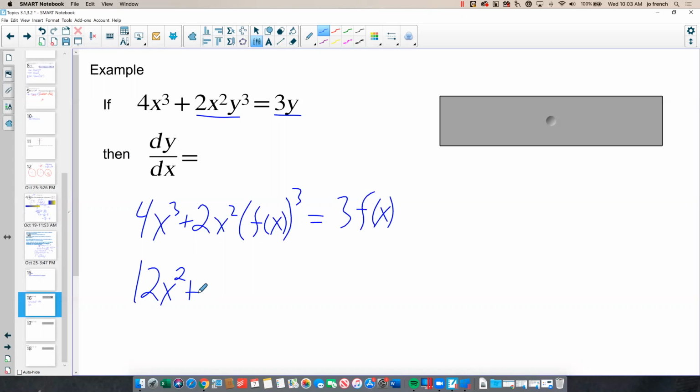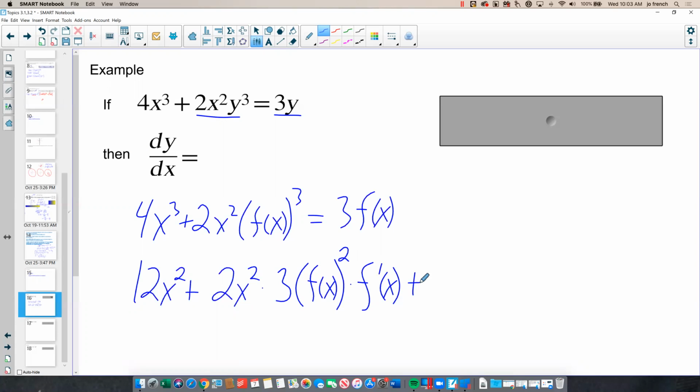So I'll take my first term, 2x squared, and multiply that times the derivative of my second term, f of x cubed, which is going to require a chain rule. So I'll take the derivative of the outside operation, raised to the third, bring down the 3, leave the inside alone. With my new exponent, 3 minus 1 is 2, times the derivative of the inside. Derivative of f of x will be f prime of x,